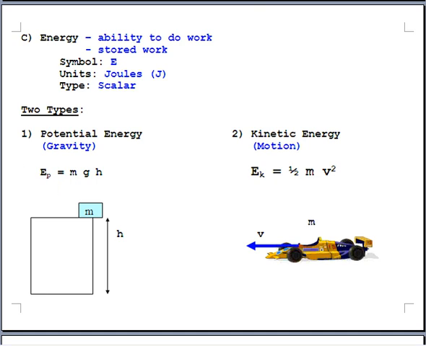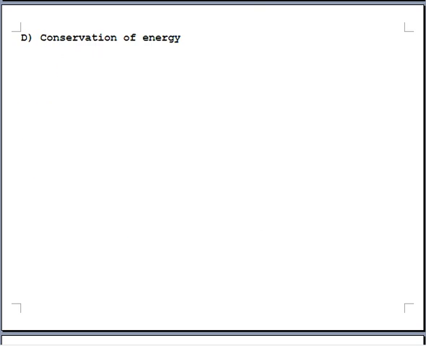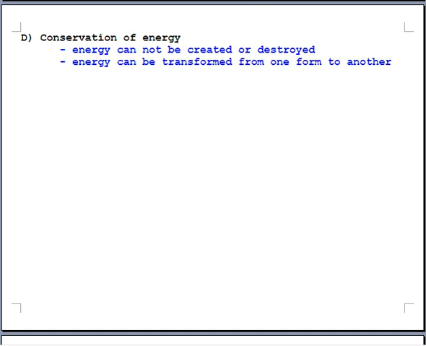Now let's look at how these 2 types of energy relate to each other in different scenarios. That goes into conservation of energy. Conservation of energy says that energy can't be created or destroyed. It simply gets transformed from one type to another. That's mainly true. It turns out that there should be a little asterisk here